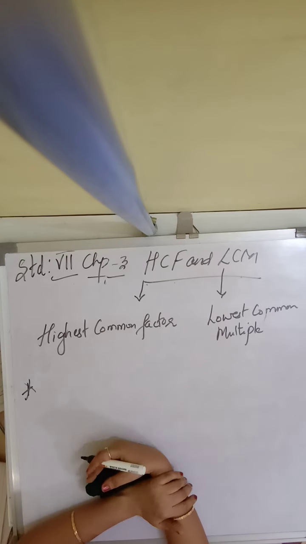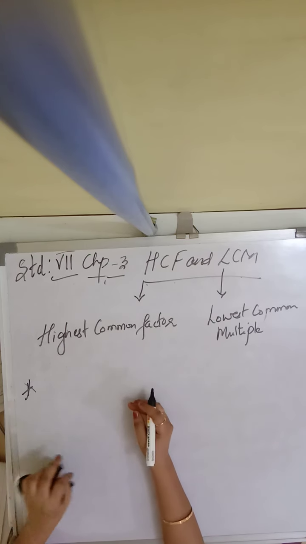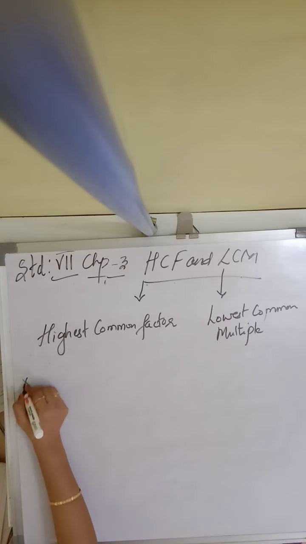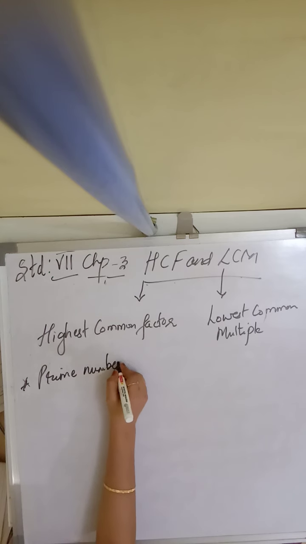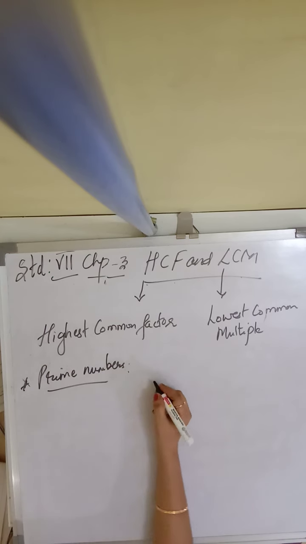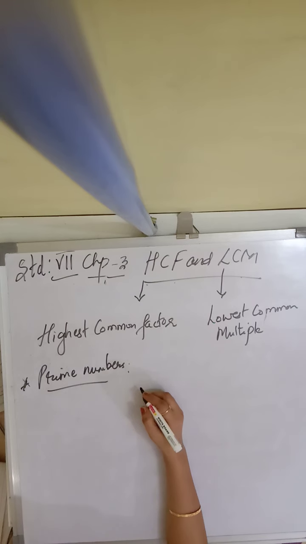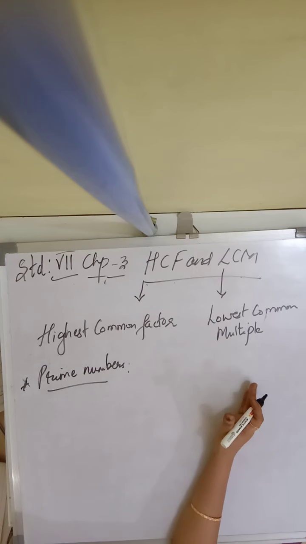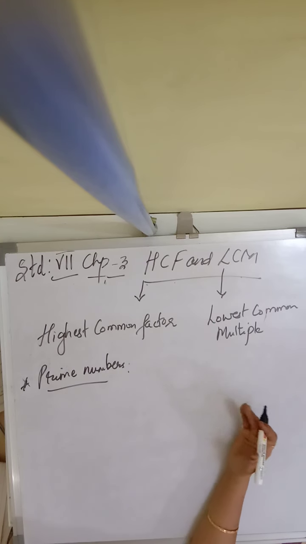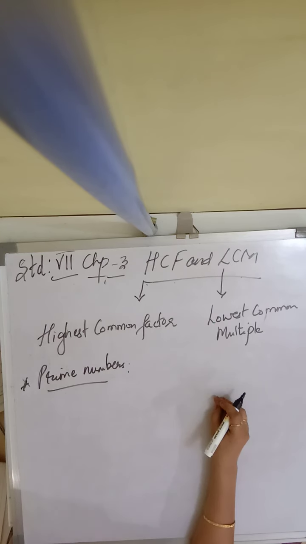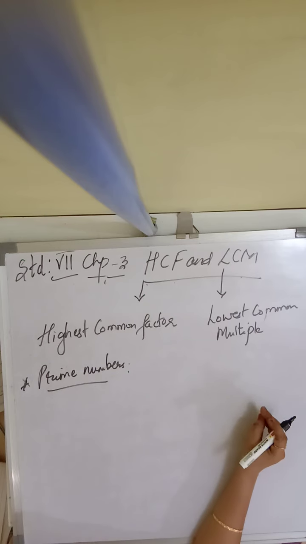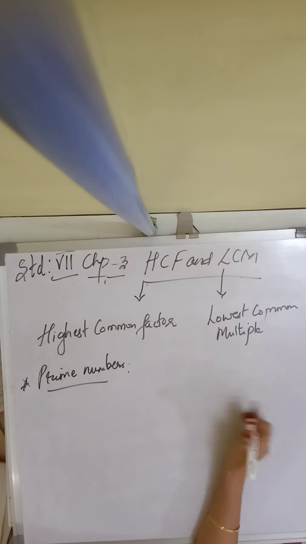Now what are prime numbers, children? You must have learned in your previous class what prime numbers are. So let us define prime numbers. Prime numbers are numbers which come only in one's table and itself. They are not found in any other table. Okay, so you can write down: